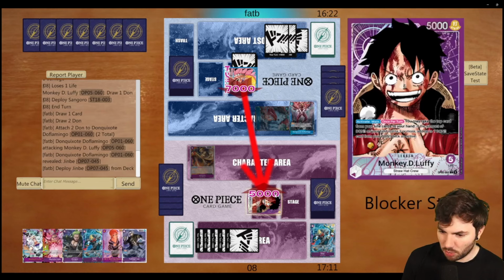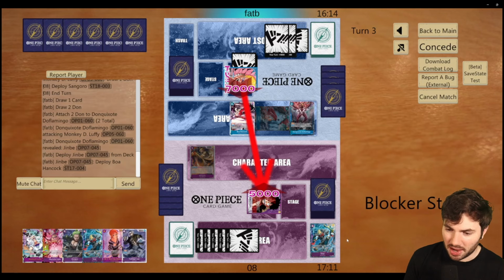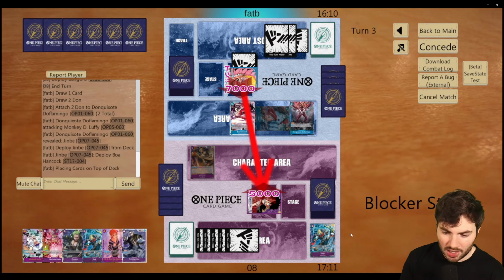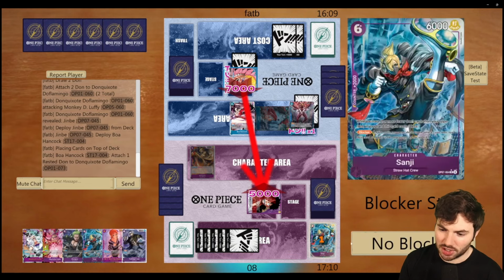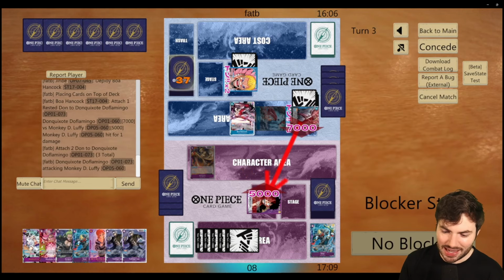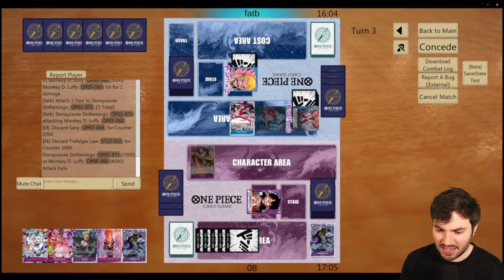So using the Doflamingo blocker to stack the top of their deck the previous turn, they're getting out a Jinbei. The Jinbei brings out the Hancock. Hancock is going to probably put the Dawn under the blocker Doflamingo. And they're probably going to go 7-7, which is really uncomfortable for us. 7 is really, really not what you want to see coming at your face. That's phrasing, obviously. But yeah, 7 is really tough for us to counter out of, especially if it's multiple 7s